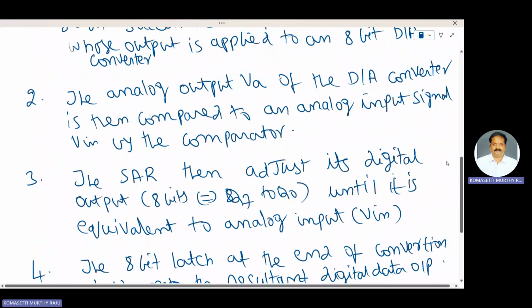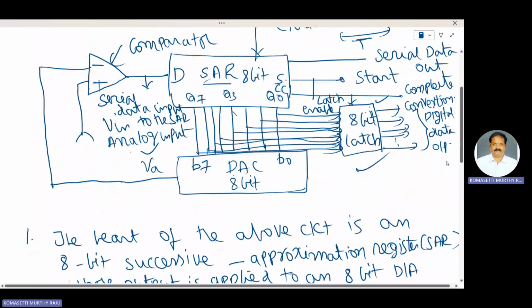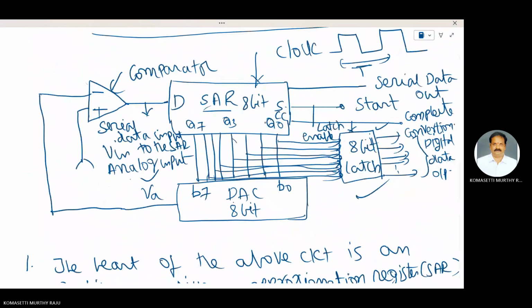At the start of the conversion cycle, the SAR is reset by holding the start signal high. On the first clock pulse, low to high transition, the most significant bit output